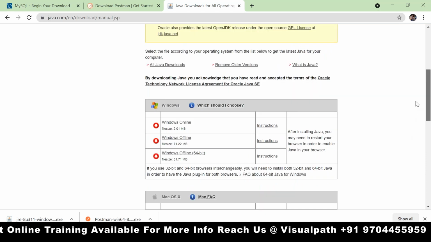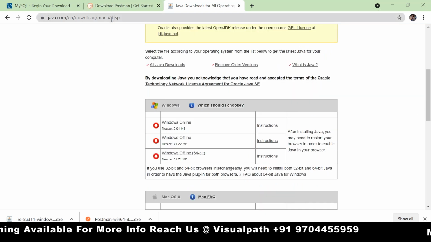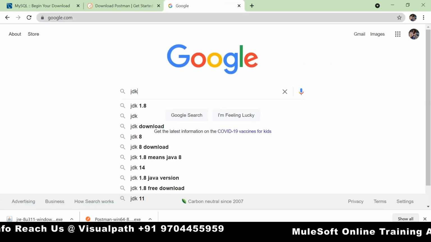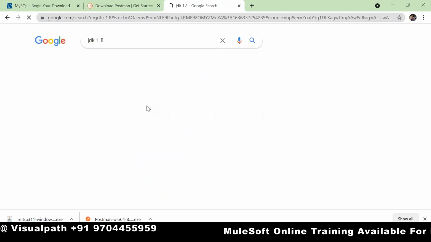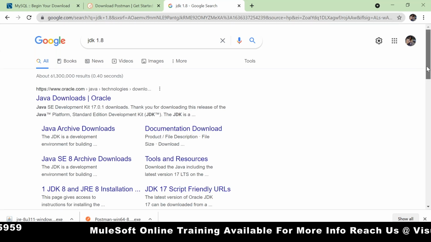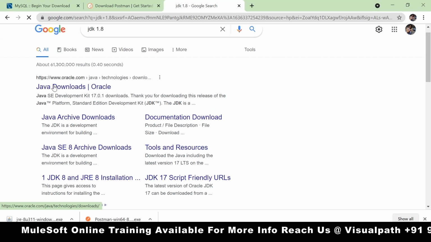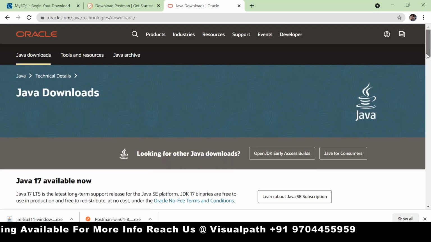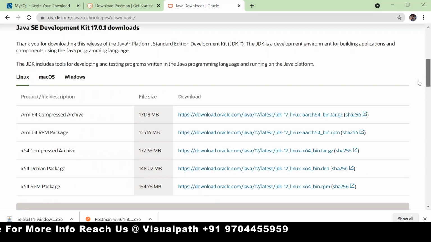Do one thing. Search for the JDK 1.8. Yes. Yeah. Click on the Java downloads. Scroll down.